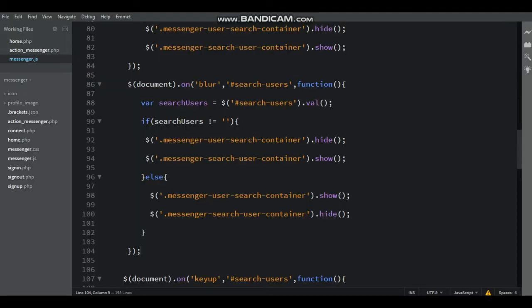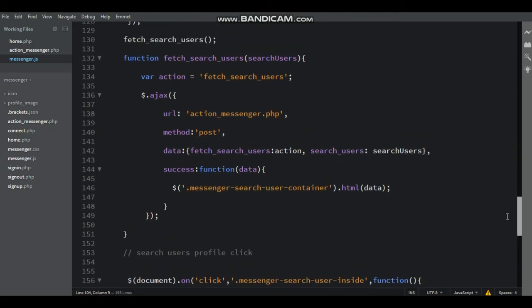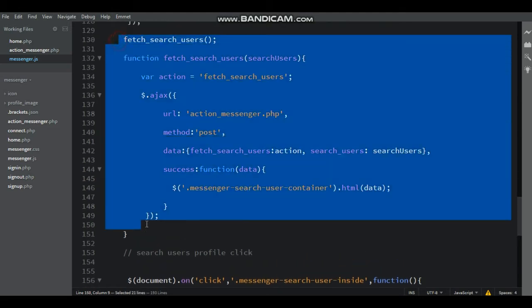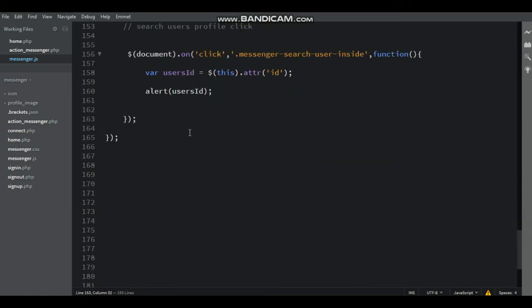Now go to the file messenger.js. Now just copy the search users function, that is the AJAX request function, and paste it below that.